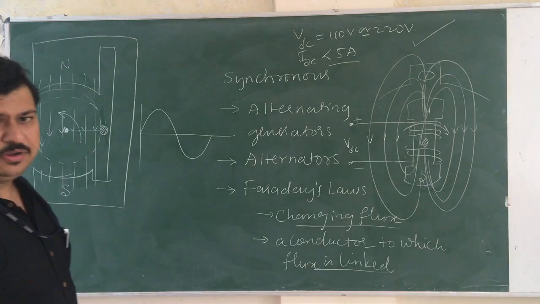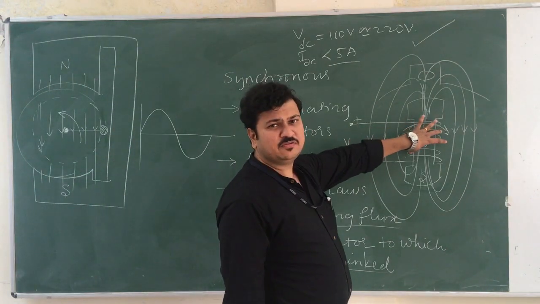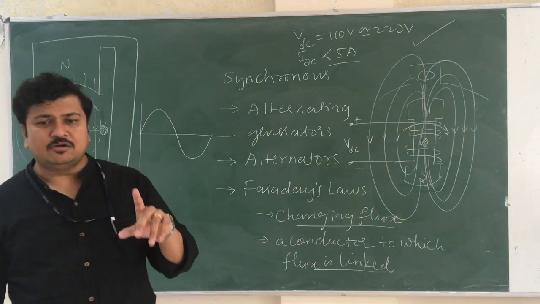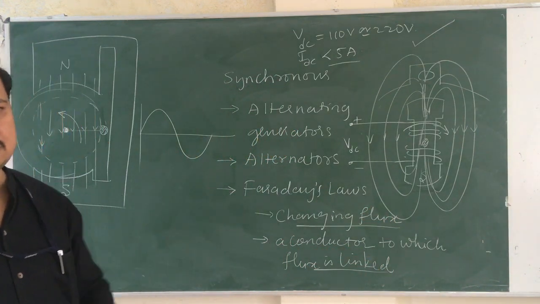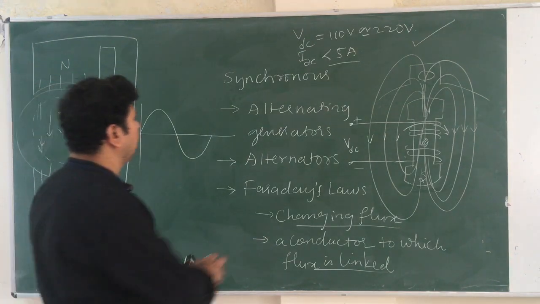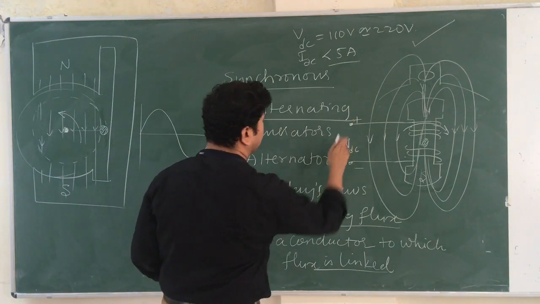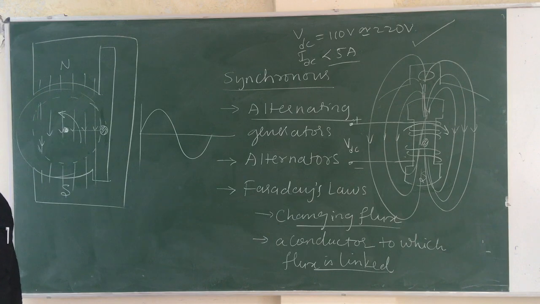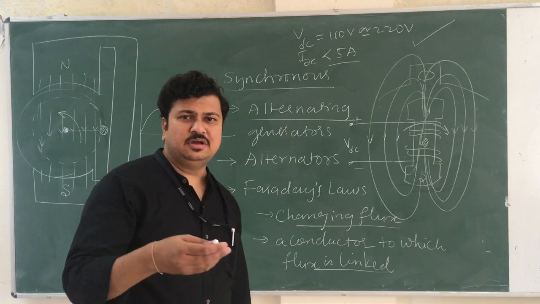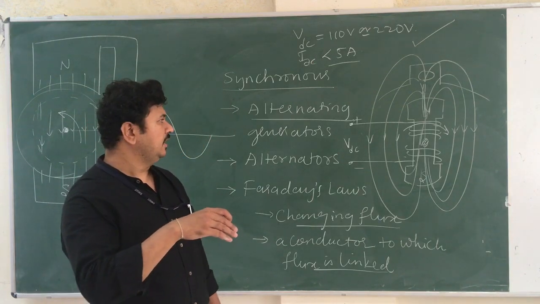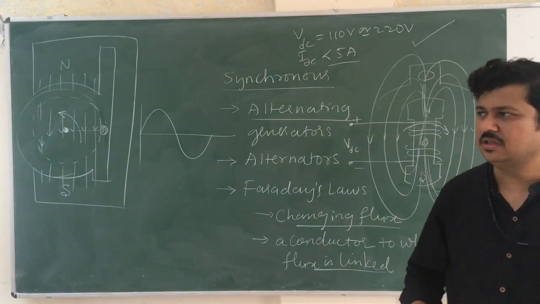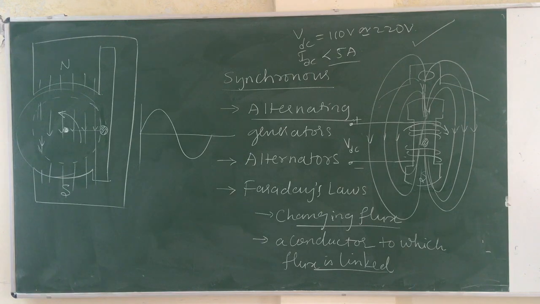So it is very easy for me to give 5 to 10 amperes of current at 220 volts to a rotating part than collecting thousands of amperes of current at 11,000 volts. Generator will always, this is synchronous generator or alternator, will generate power at 11,000 volts, 11 kV. Okay, that is the operating voltage of generator. Later it will be stepped up, current will be stepped down. Later at the receiving end, the voltage is stepped down, current gets stepped up. Okay, that is what the transformer is doing in my power system.